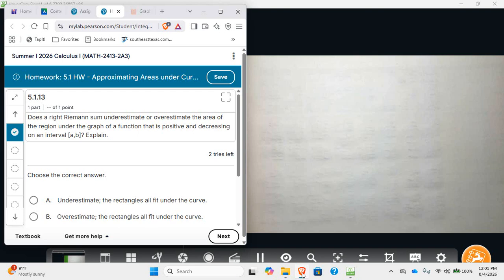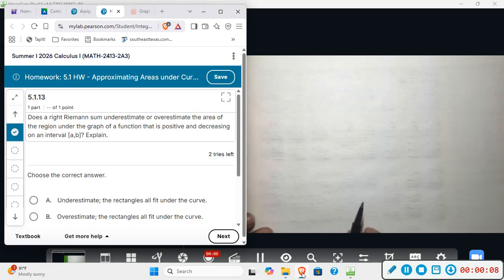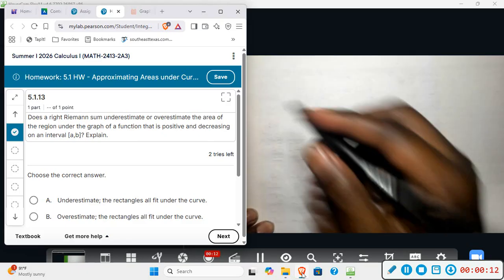Question number 8, it says, does the right Riemann sum underestimate or overestimate the area of the region under the graph of a function that is positive and decreasing on the interval AB? All right, so